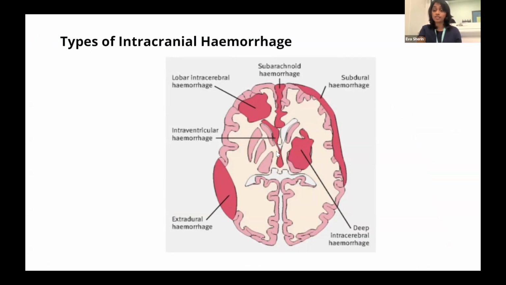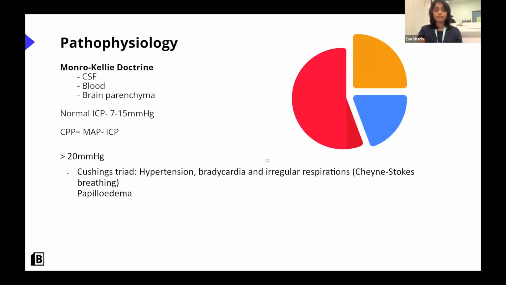I hope everyone knows the ventricles of the brain. We've got the lateral ventricles coming into the third ventricle, coming into the fourth ventricle, then going out through the foramina of Magendie and Luschka. And yes,